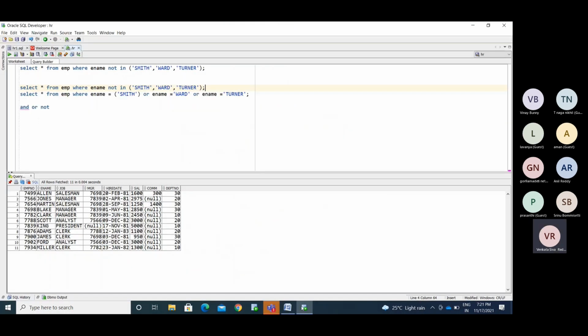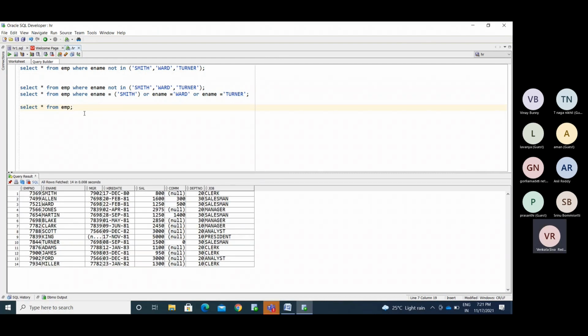Okay, BETWEEN. So now I start from the employee table. Now I need to retrieve where salary equal to 800.